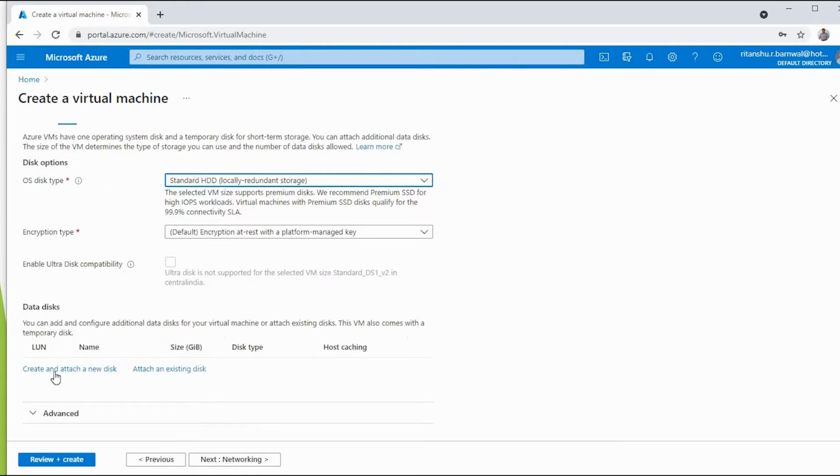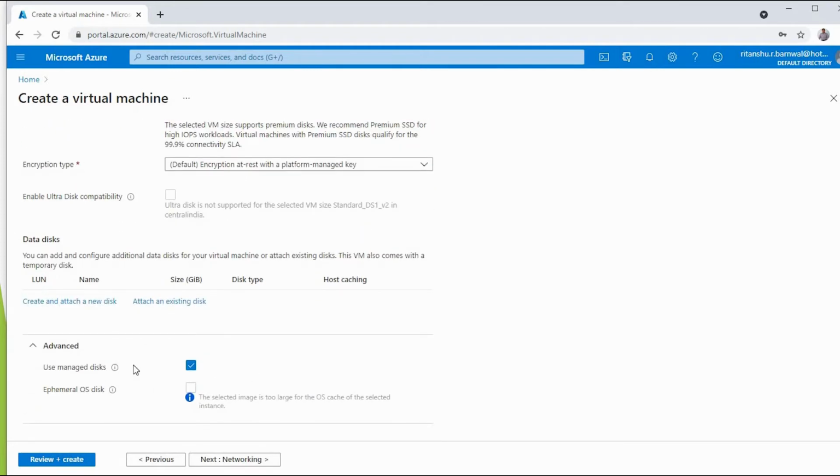So see, here we have an option if you want to create a disk or attach any existing disk. We have an advanced option for a managed disk. Suppose whatever storage you are creating here can be on a different machine, different location, whatever it is. As per the availability of Azure, this is going to be managed by Azure, not you. But when you are selecting the managed disk, the disk will be available on your machine, on the same machine where the virtual machine has been created.